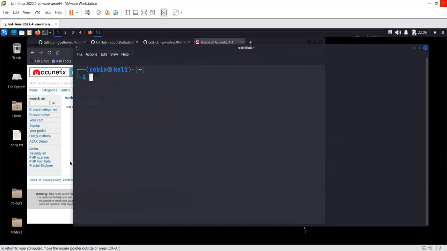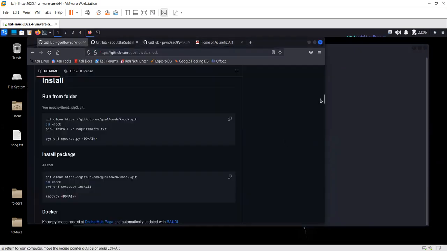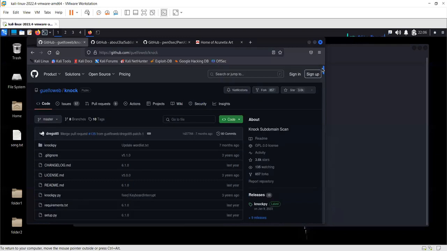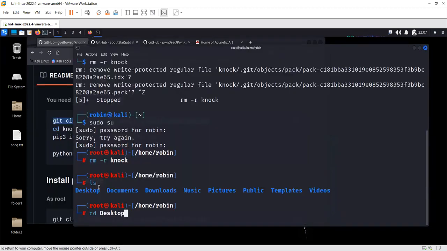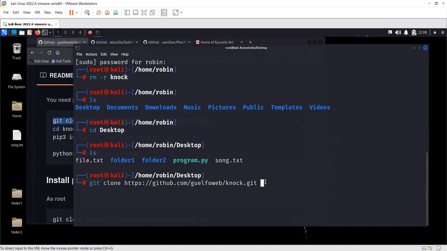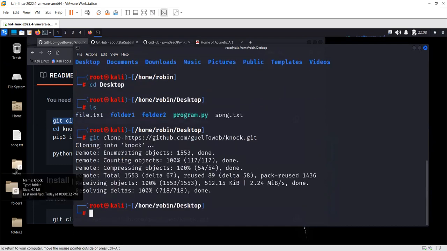Now I'm going to show how you can clone a tool from GitHub. So this is a tool named knockpy used for finding out the subdomains of a website. Desktop. Now we press enter. As you can see, the folder has been created. So inside that folder,